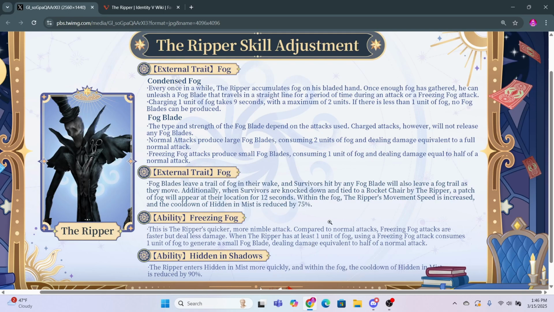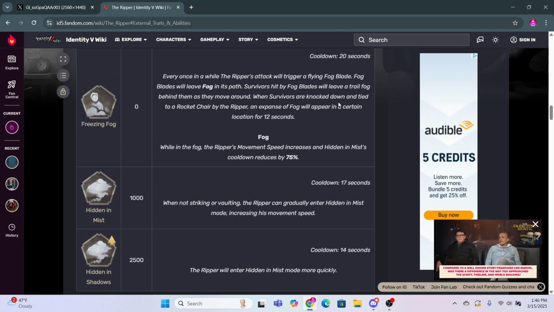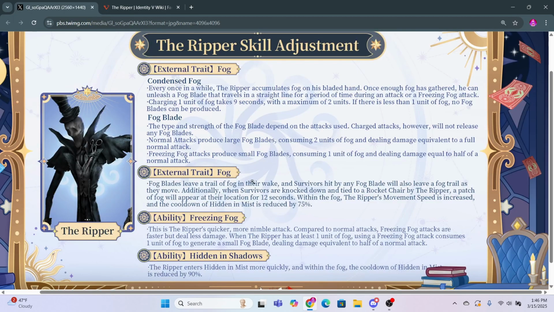The one thing I will say that I like is obviously the movement speed increase. The Ripper's movement speed is increased when I'm pretty sure this is near a chair. Yeah, when the survivors are knocked down and tied to a rocket chair, a patch of fog will appear. Ripper, blah blah blah. This is already a thing, I'm pretty sure it's already here. So this in tandem with the fact that the fog moves faster for chip can definitely be good for pressuring survivors. But if you can't control how much you want to use for injury, then it kind